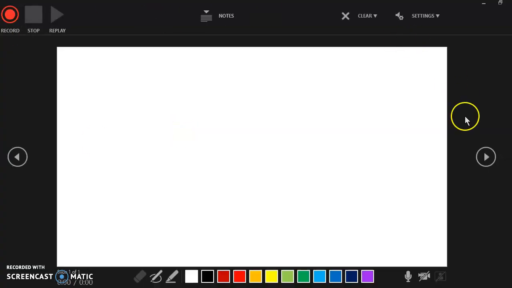Okay, so this will appear as your interface. You have here the buttons. You have here the pen, the highlighter, you can write, and then you can add, if you want, at the right button, here,